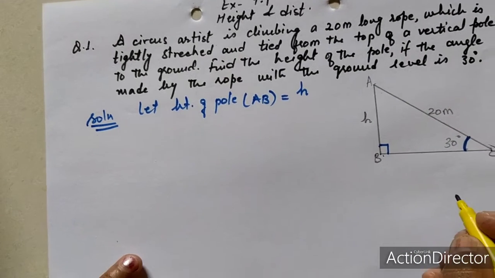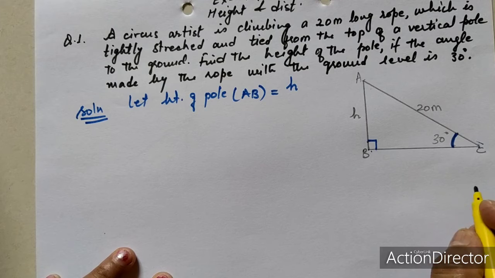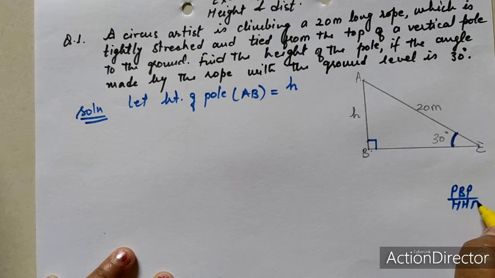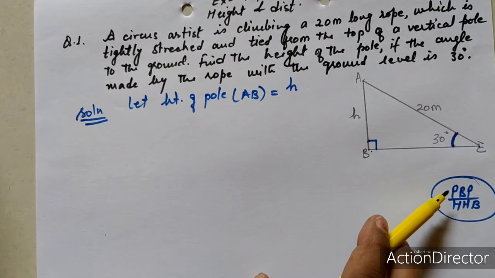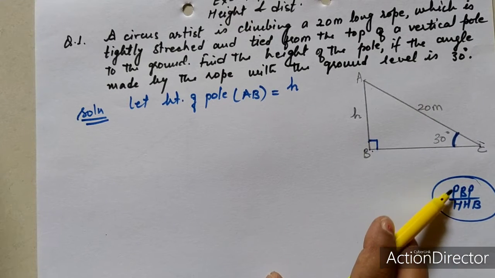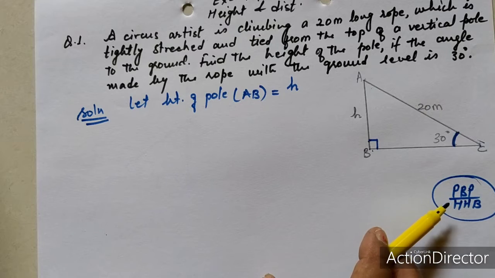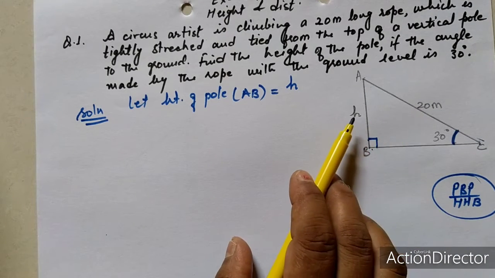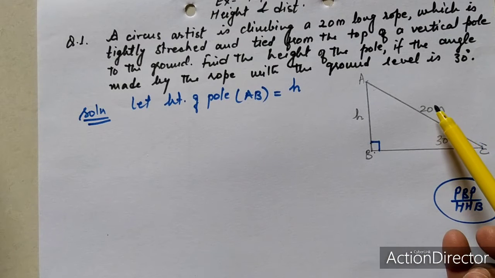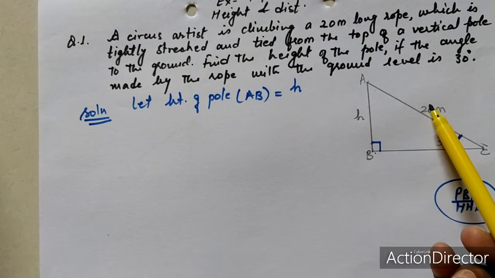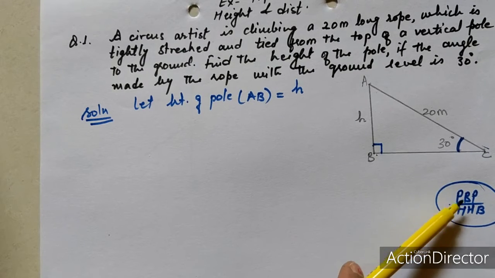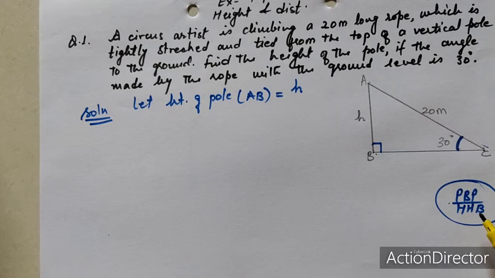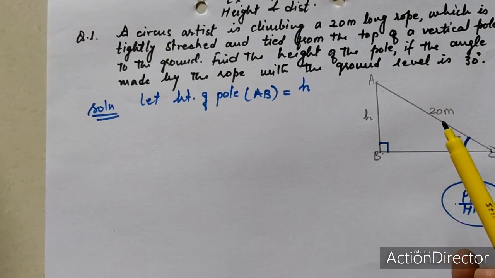I already told in my previous video of trigonometry that Pandit Badri Prasad har bol. That is the only important thing to learn. If you are going to think that this is perpendicular, this is hypotenuse, so you are going to take sine theta because the first ratio is sine theta. If you want to write this one first at the numerator and this at the denominator, you have to take the reciprocal of sine theta, that means cosec theta. So if you remember this one, then only you can apply the correct trigonometrical ratio.